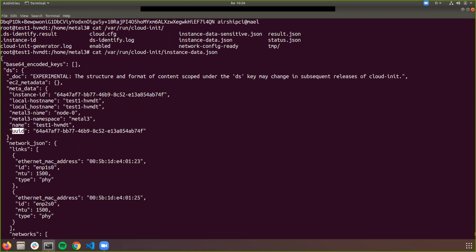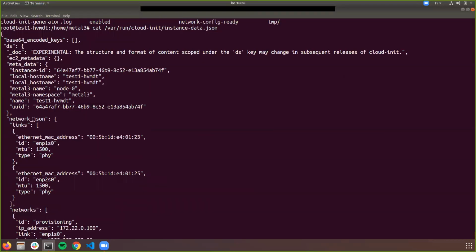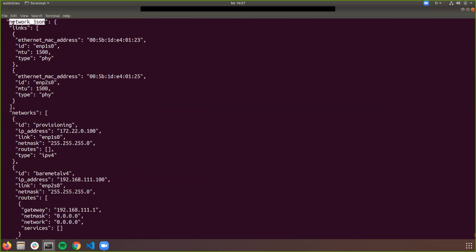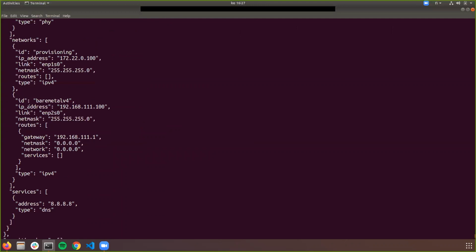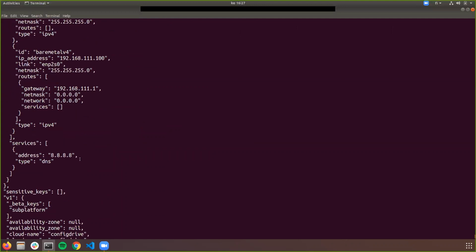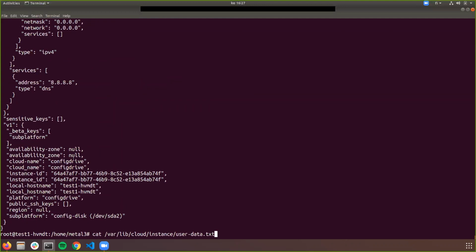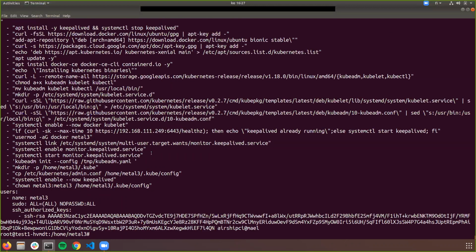So anything that you put in the metadata part of your Metal3 data template will end up here in ds.metadata. And anything that you give in the network data part of the Metal3 data template will end up here in the network_JSON. And you can see again this links and networks structure as we had before. So how is this used? When we look at the user data,